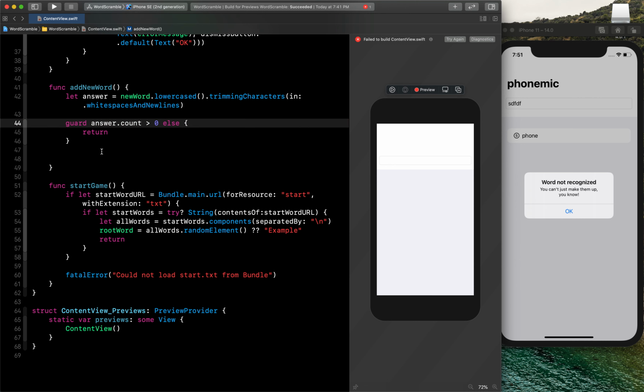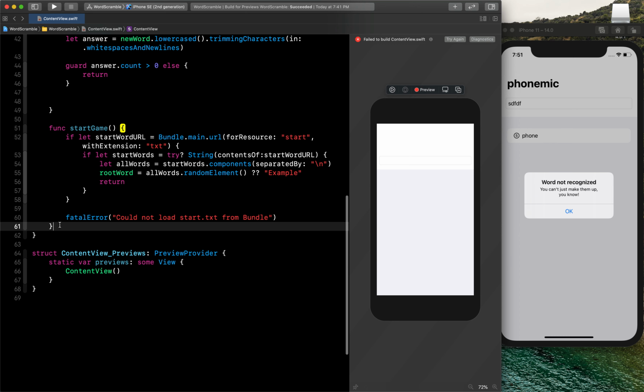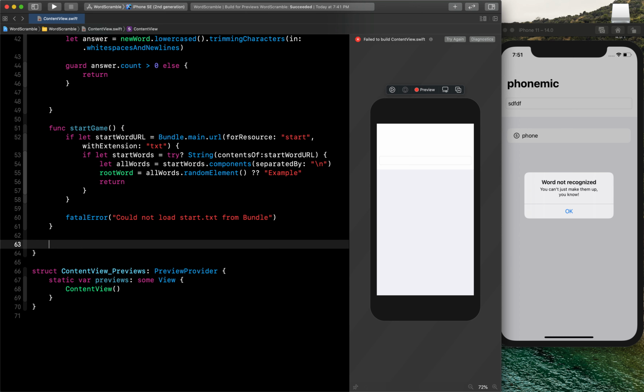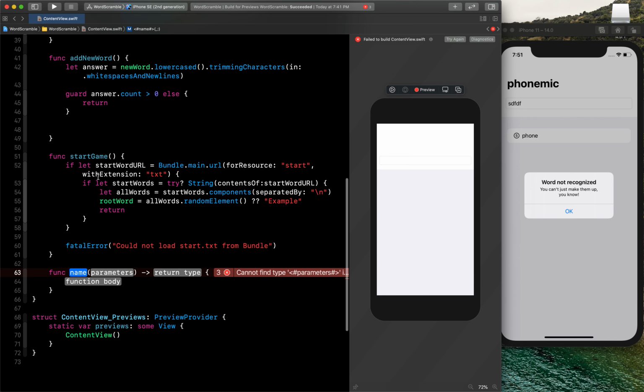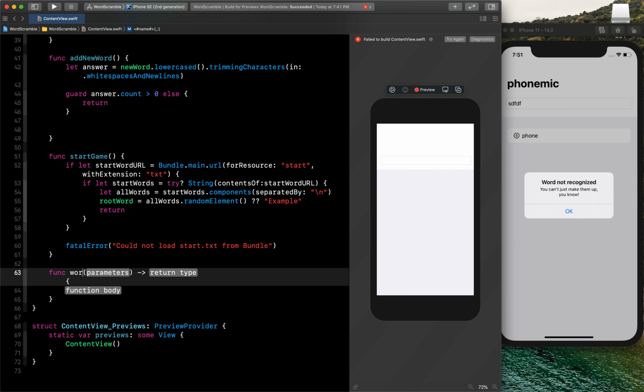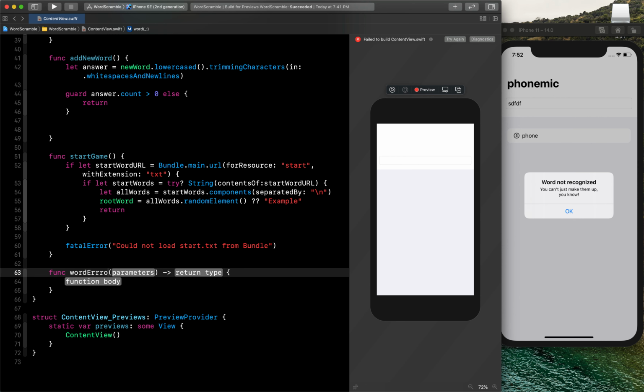Let me just write this correctly. Okay, now I will write those three to four functions we need. So let's start. First I will write a function. First I want to check whether the word is correct or not, or if there is an issue I have to show the error title. So let's say word error. If there is an error I will say word error, and it needs to accept some parameters like title which will be of type string, and then I will say message also.